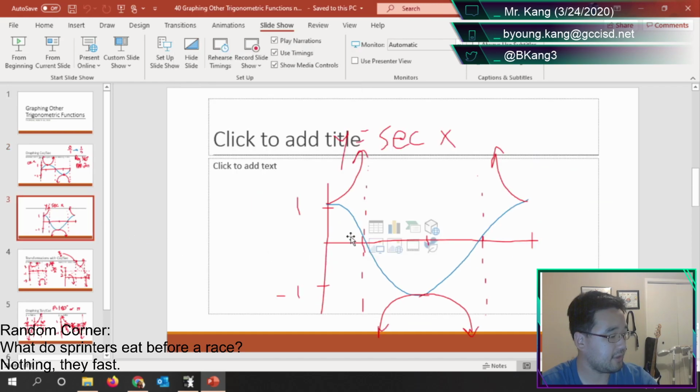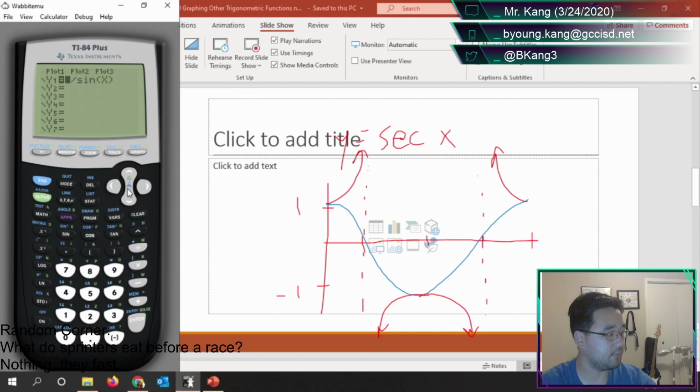Secant, same logic except you start with a cosine graph. And then you only see half of this U shape up here because you only see half of the wave here, just because cosine starts halfway through. And again, you could verify that with your calculator right here. Yeah, so you see how the graph starts at 0 degrees, so you're cutting this middle one in half. That's why it looks that way.